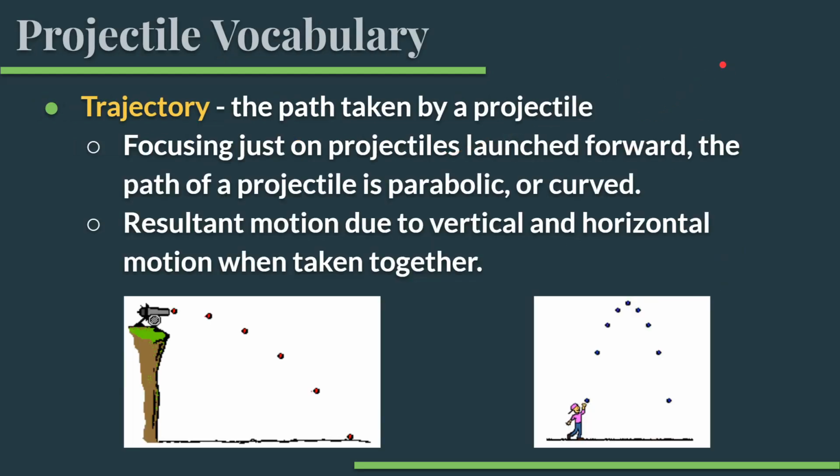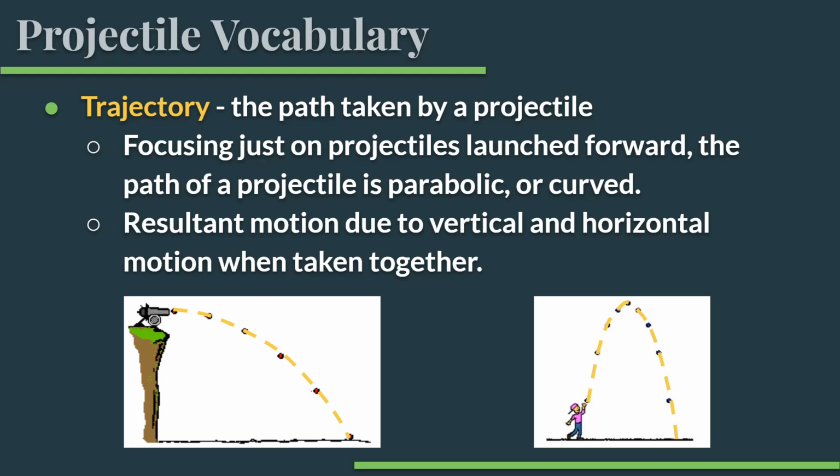So let's talk about some vocabulary terms that you need to know when we are talking about projectiles. And the first is trajectory. The trajectory is the path taken by a projectile. If we focus just on projectiles launched forward, the path of that projectile is parabolic or curved. So if you look here, you have a curve to the path, and it's because of what we just looked at. It's because of the way the velocities add together,